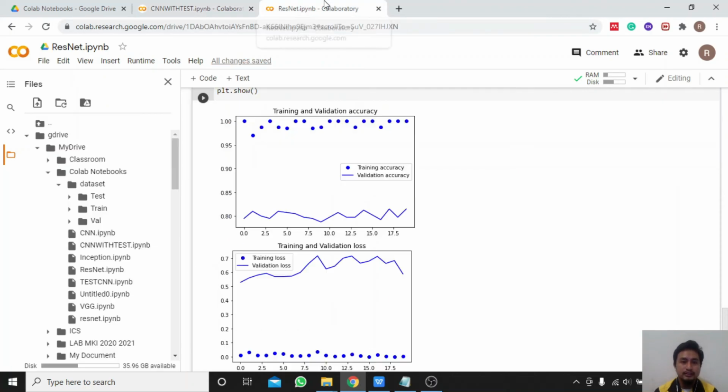For ResNet, it is a little bit different here because the validation accuracy is not in the training accuracy area here. So what I can conclude in both trainings is the CNN training has a more optimal value